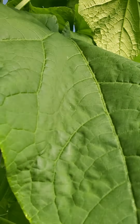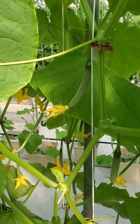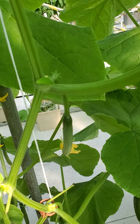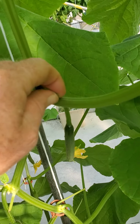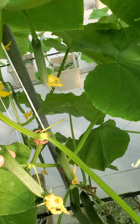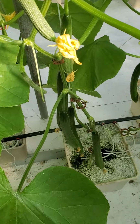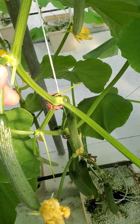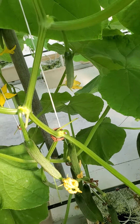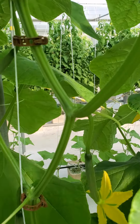You got to clip and sucker these things, or prune them, if you want to get everything off of it. Mainly if you want to get a nice cucumber. You can only leave one cucumber on each leaf. So that's clipping and pruning